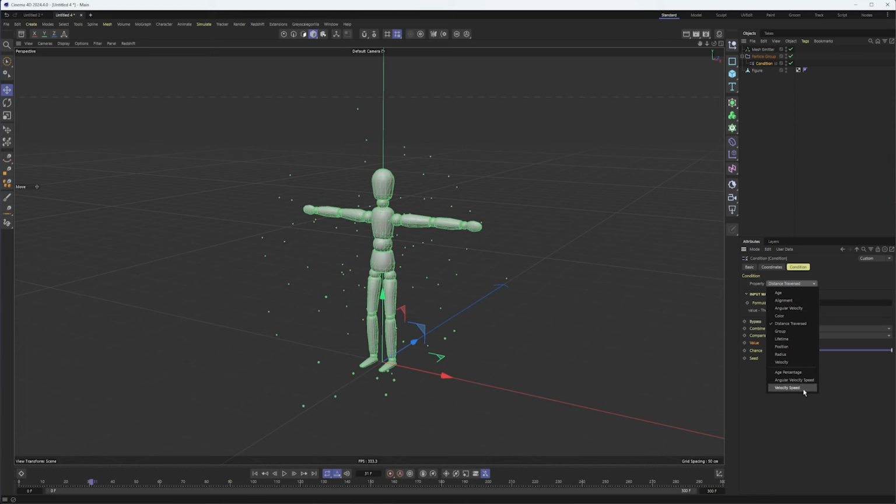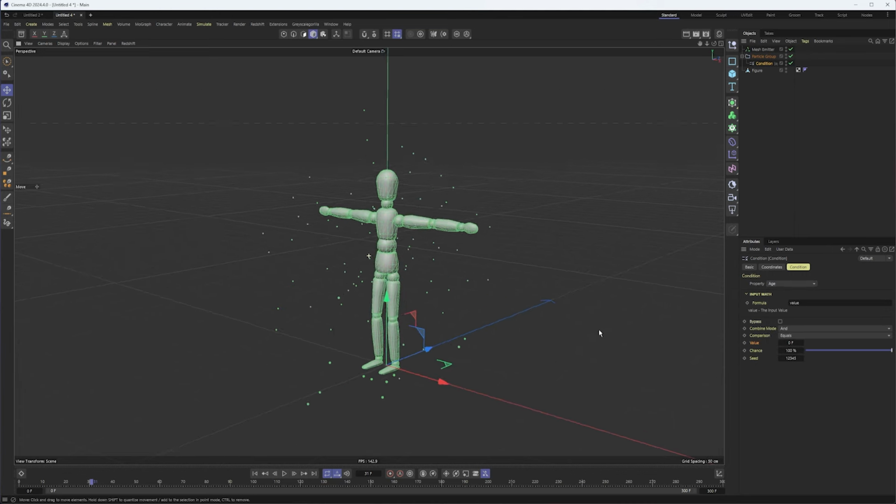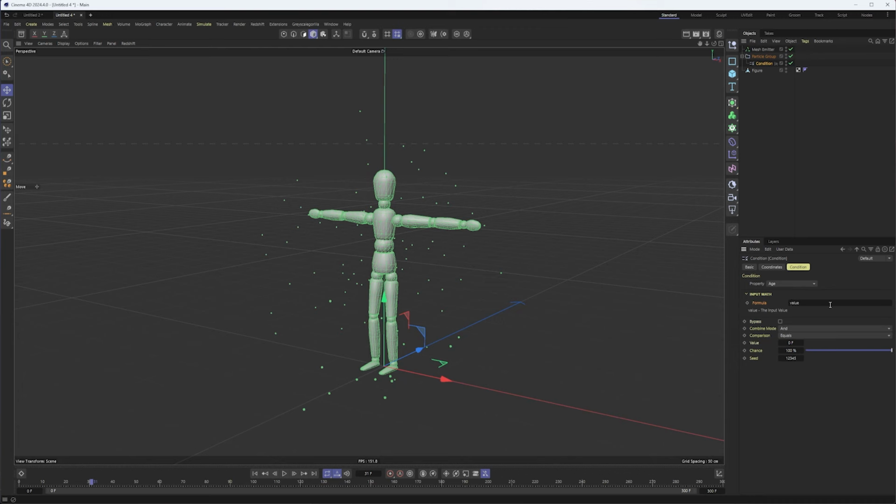I like that they have some of these other ones as well. Angular velocity, speed, how fast something is rotating. But if we can just do age, it's just going to use the value of the age. How old is our particle? And then we're going to say